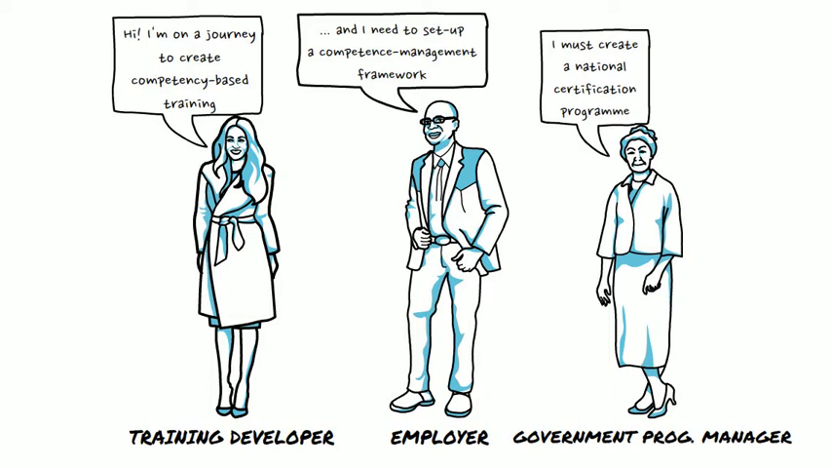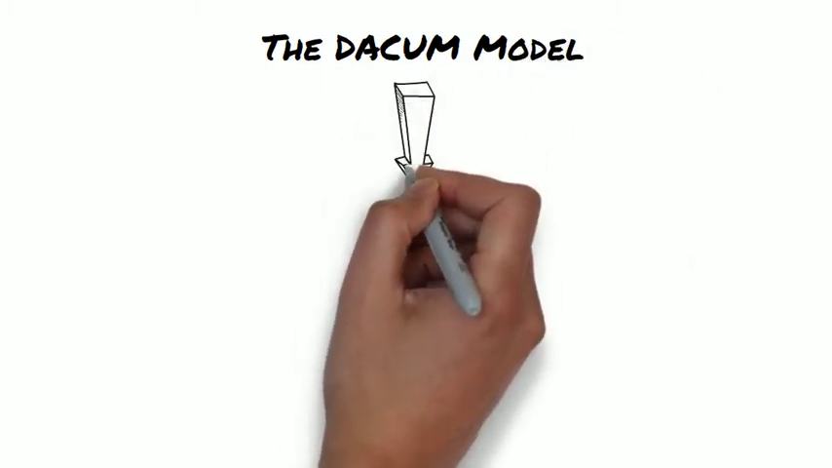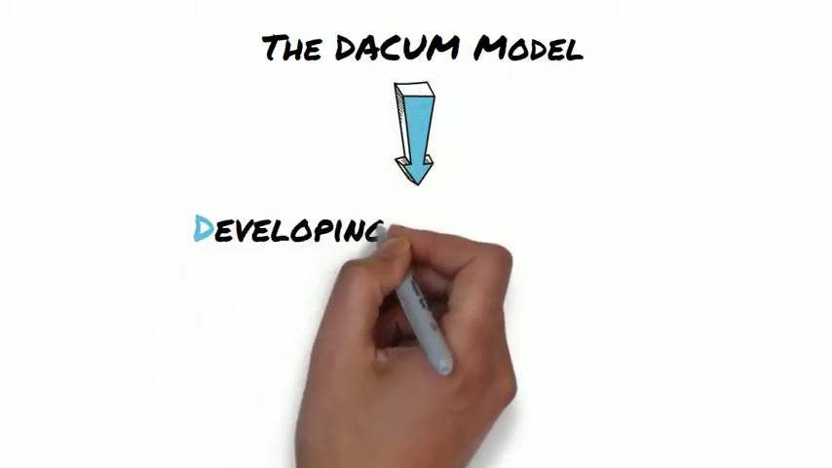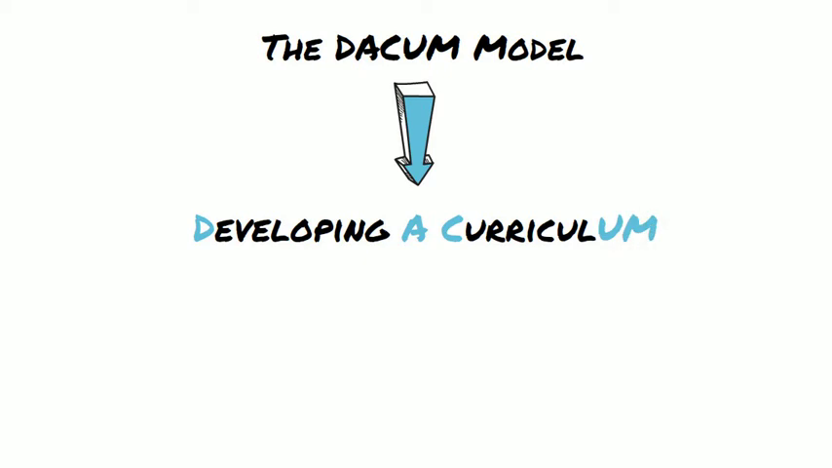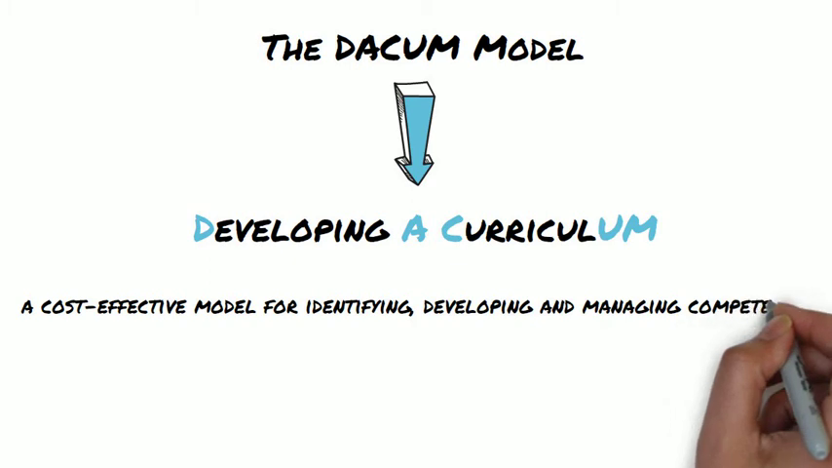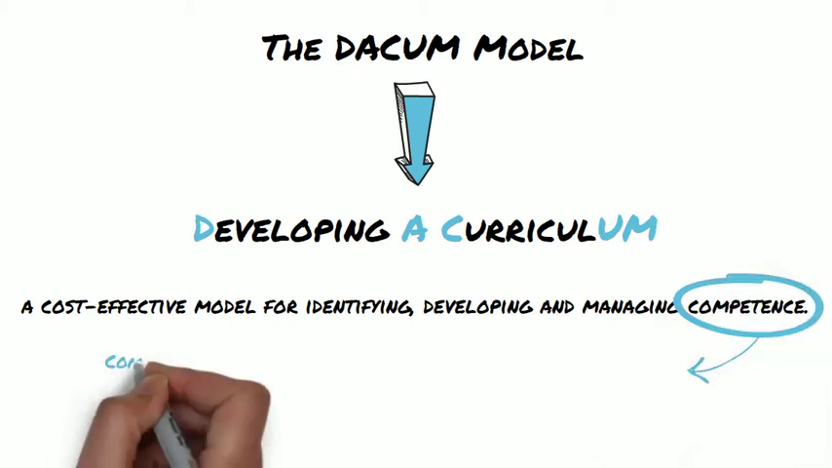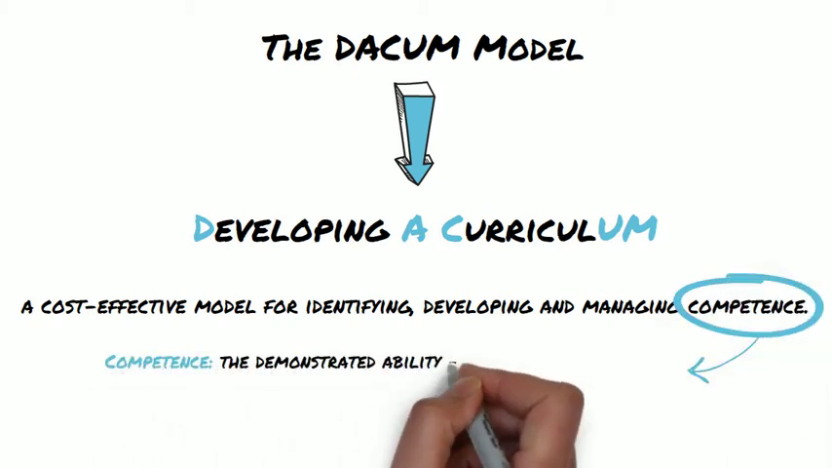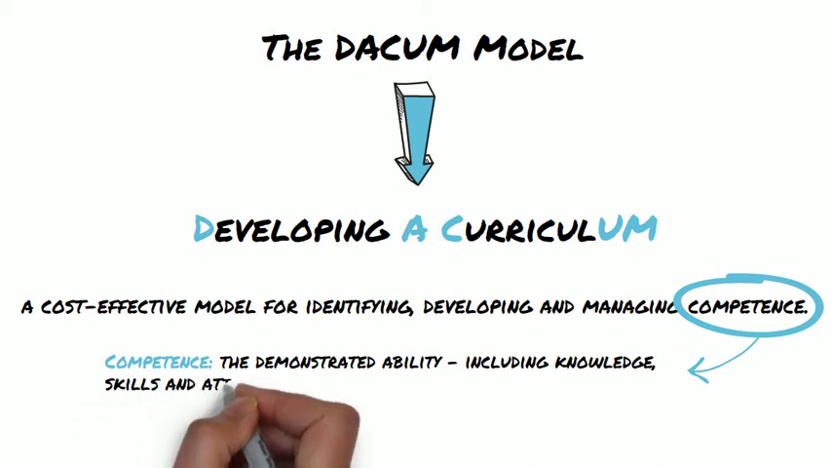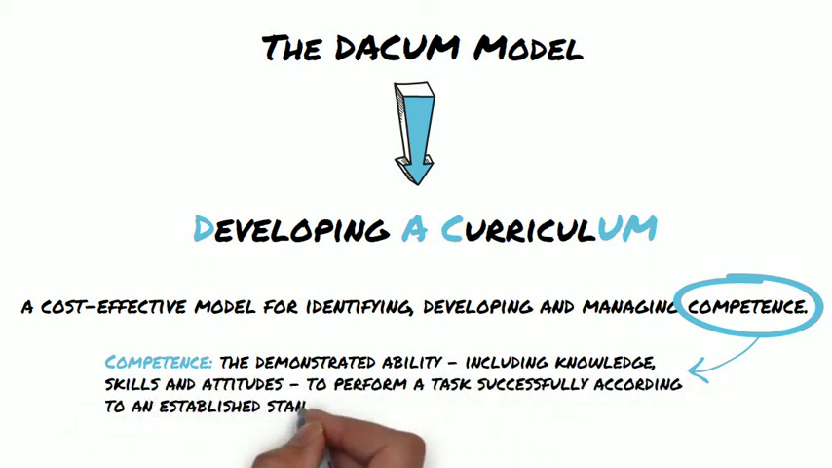Let me take a few minutes of your time to talk to you about the DACUM model. DACUM is an acronym for Developing a Curriculum. It is a cost-effective model for identifying, developing, and managing competence. But before we go any further, let's clarify the meaning of competence. A competence is the demonstrated ability, including knowledge, skills, and attitudes, to perform a task successfully according to an established